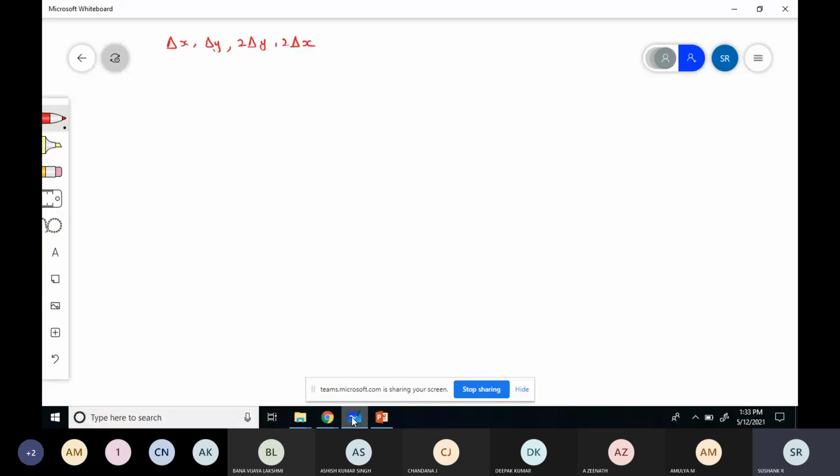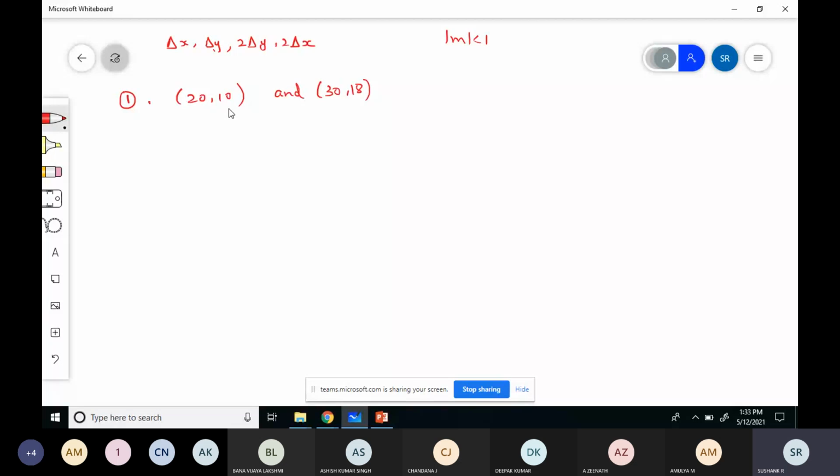So first thing is we'll start solving the problem. In my example, this is the problem. So I'll take 1 point as 20 comma 10, and another point as 30 comma 18. So in our condition the slope should be less than 1. So that is what we have assumed.